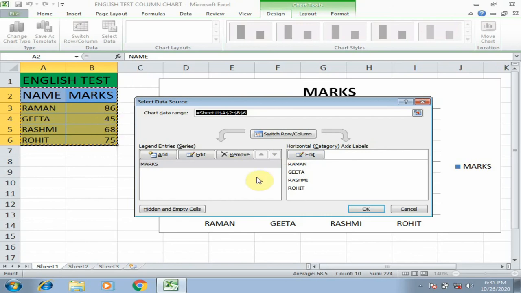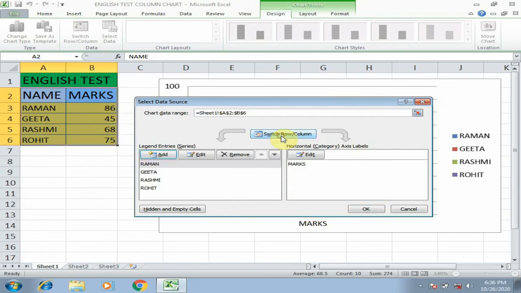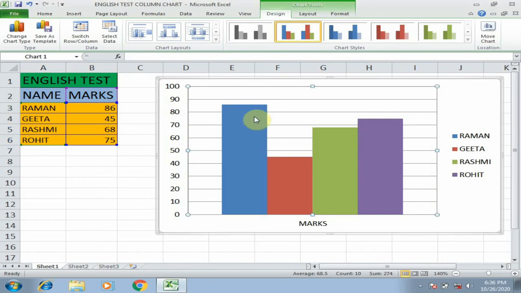You can see after clicking that our data is selected. Now I'm only clicking on Switch Row/Column. After clicking, you can see marks is appeared here and here also. Now it has changed its place.